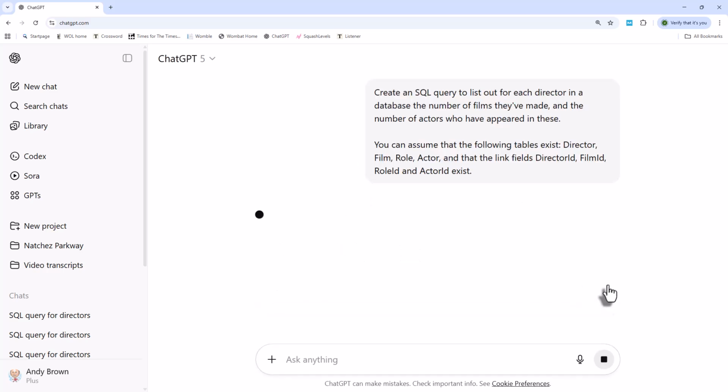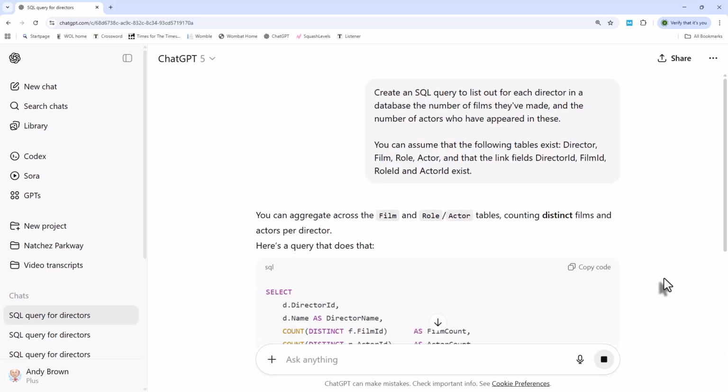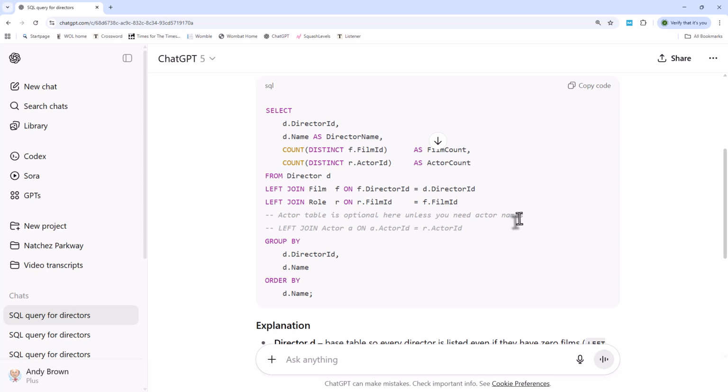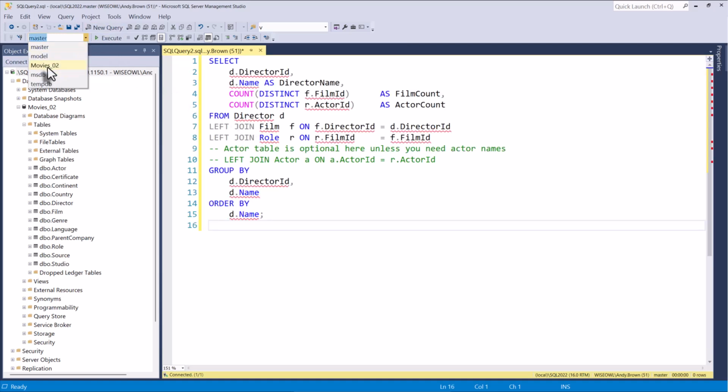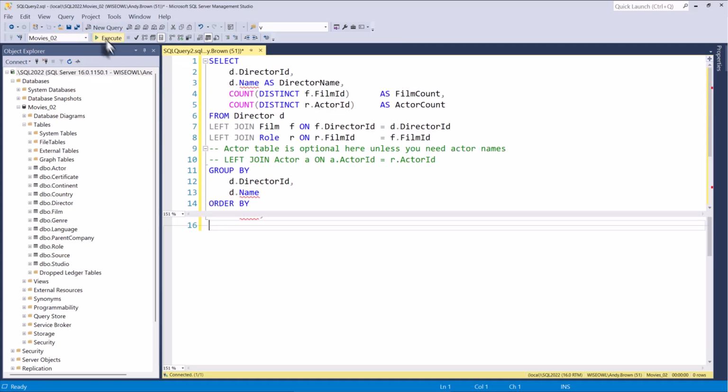So let's try running that and see how well it works. It should get something pretty close to a workable answer. Let's try copying that and see if it works in SQL Server. So if I paste this in, just switch to my Movies 2 database and try running this,